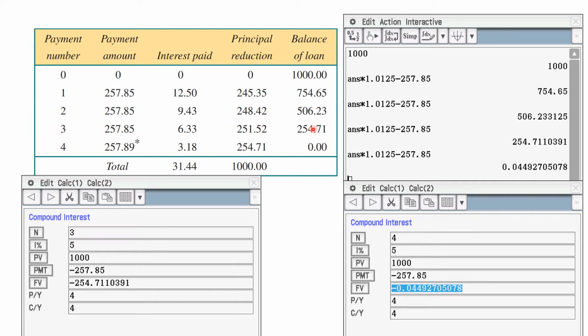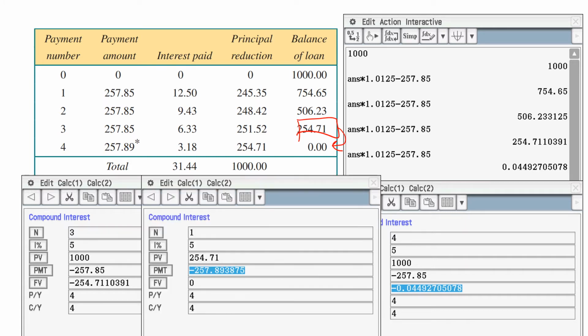I didn't get the amortization table. I get this third payment. Well, I can work out what the third payment is, and I can see that it's 254.71, which is that number there. And then I can imagine I am just doing a loan starting at this point going to here, which is one payment. So imagine I'm just doing it for one payment now, and you can see I've done one payment